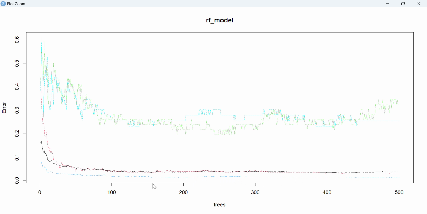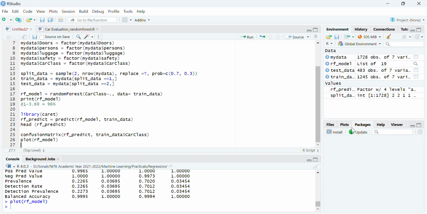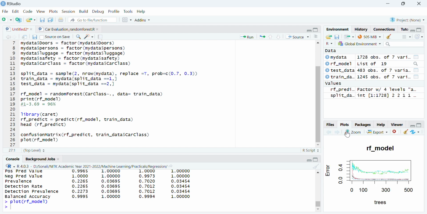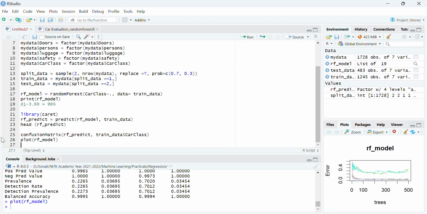So you can see that after a certain point there is no change in the error. Initially, up to let's say 100, the error was there. Then after 100 trees, you can see it is almost flat. That means the error was not too much, right? So that means after a certain number of trees, you can cut down. At least after 300, you can see the error has reduced a lot. So we can restrict the number of trees which are getting created in this way.